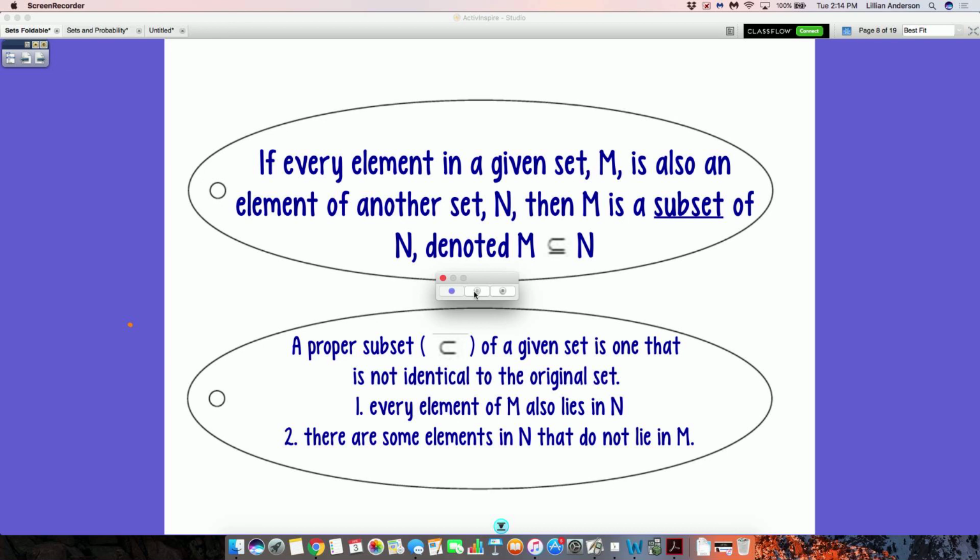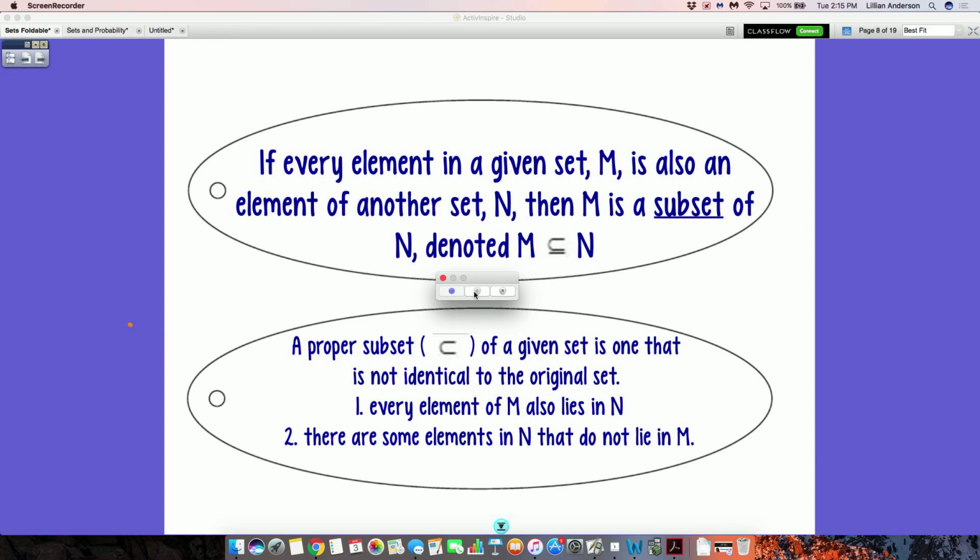Okay. Go. Every element in a given set M is also an element in another set N. Then M is a subset of N. The notation for subset is a C with the line underneath it, okay? So they can either use the word subset or they can use the symbol. So you do need to know the symbol, okay? So what does that mean? What does that look like, okay? That's like saying,